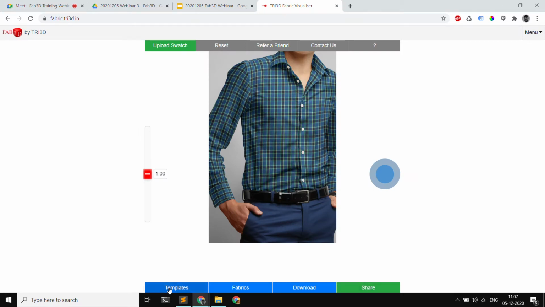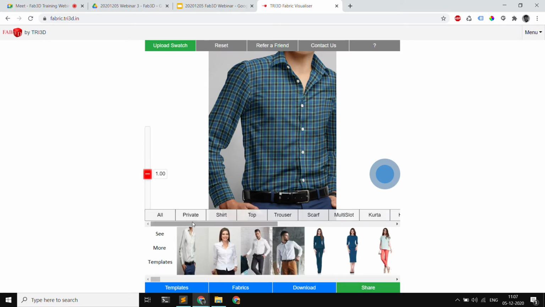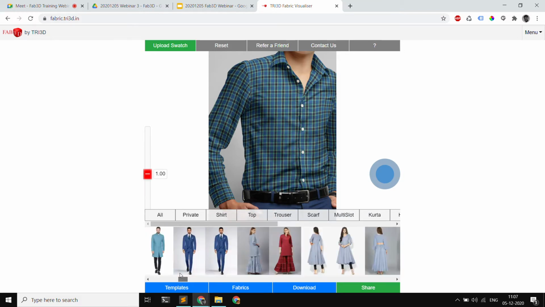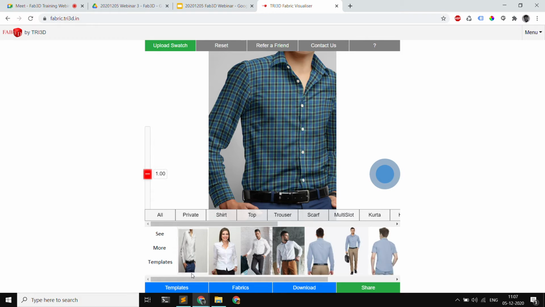On the bottom left, you have templates. Different categories are listed here, and different templates in each category. You can select a category and look at the templates. We are not displaying all the templates because it would be too many to scroll through, and it would also mean the software has to download all these images when it opens.